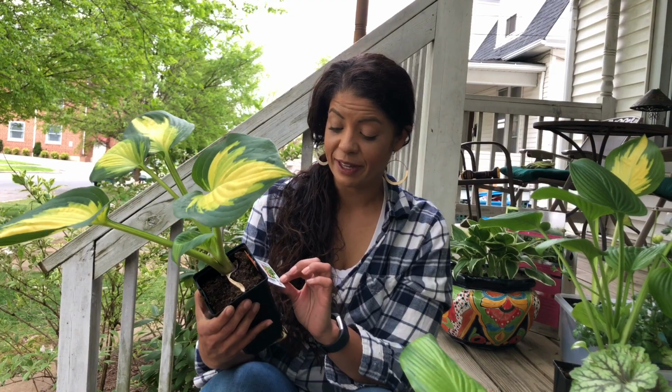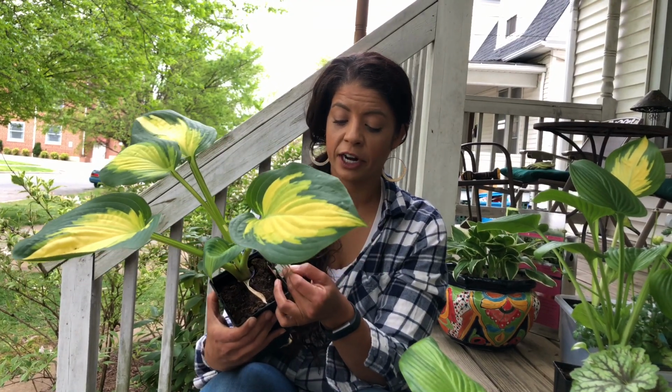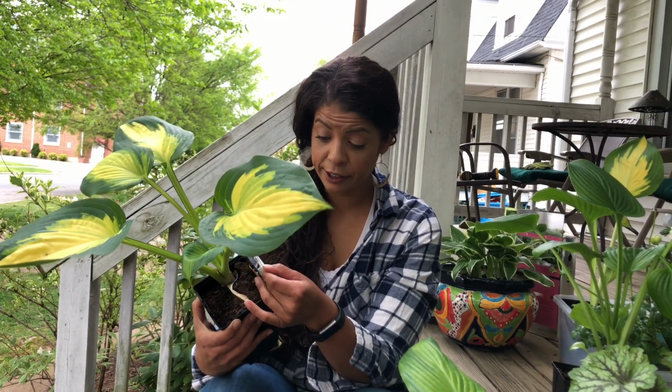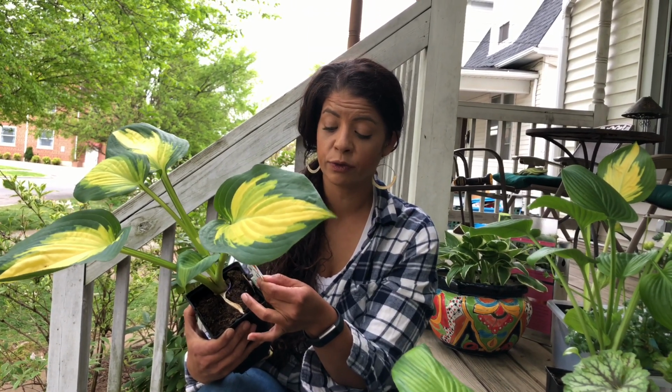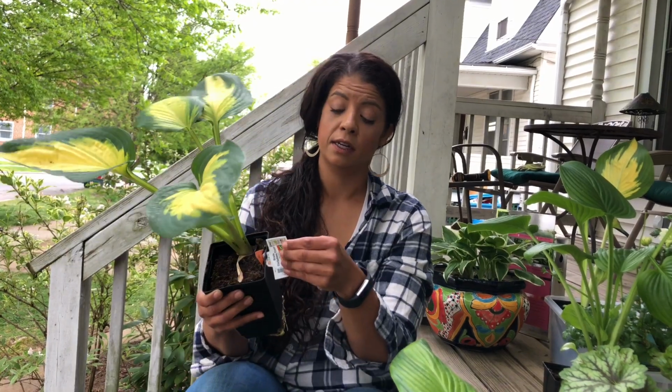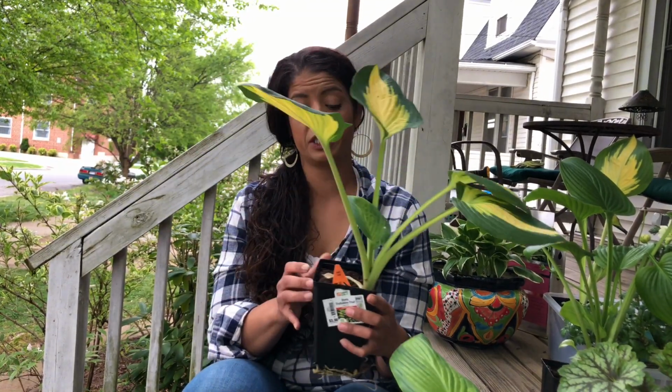I love everything about this one. Also a perennial, hardy down to negative 40 degrees, and this one gets 2 feet tall, 20 to 24 inches tall, and you space these 2 to 3 feet apart from each other. I like